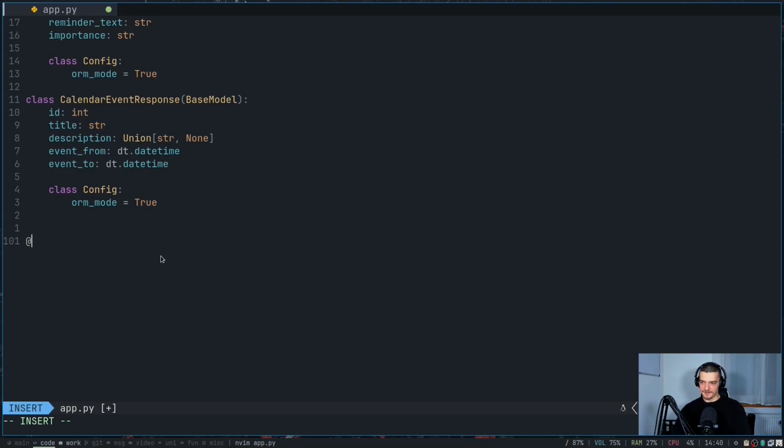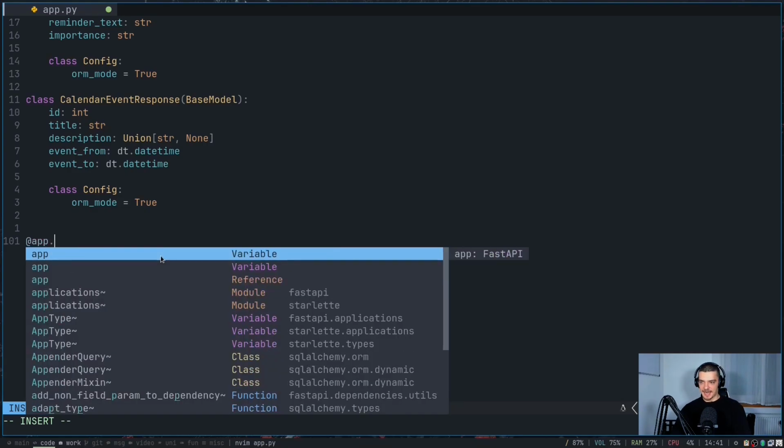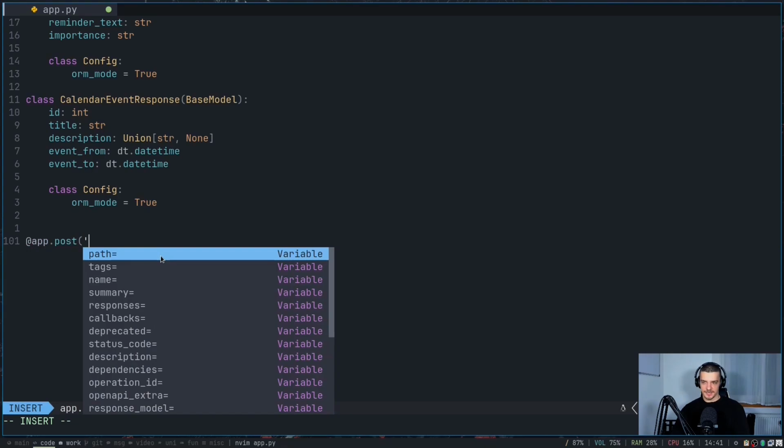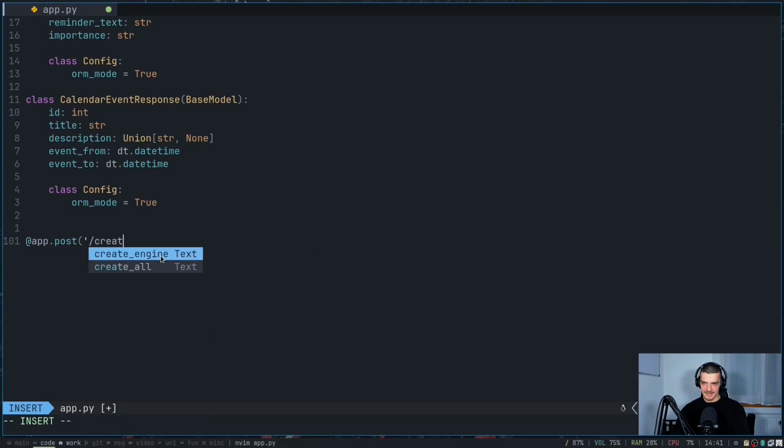So this is one unique thing about Vapi. Every endpoint, no matter if you're creating something, getting something, or deleting something, everything has to be post. Now this might change in the future, but right now every single endpoint is going to be a post endpoint, and you're not going to have any URL parameters or anything. Everything is going to be submitted in the request. This is how it works currently. So we're going to say app.post,